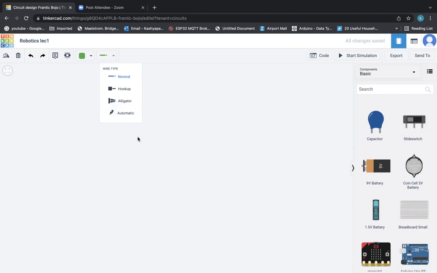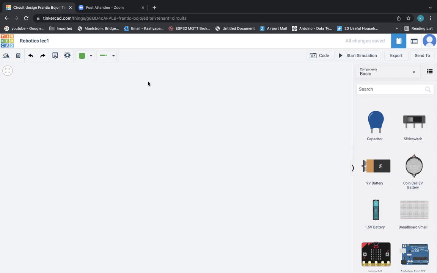But we're going to learn, so we are going with the normal and other methods. So these are the buttons to your left. Clear? Yes, sir, clear.